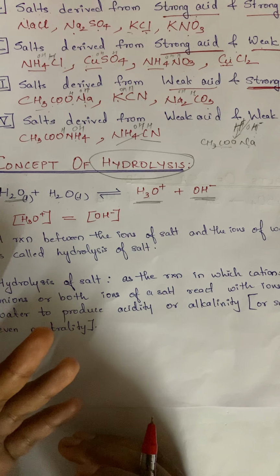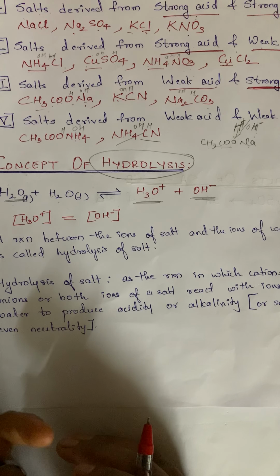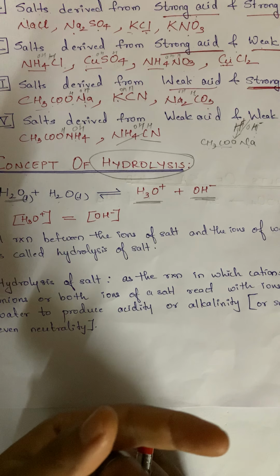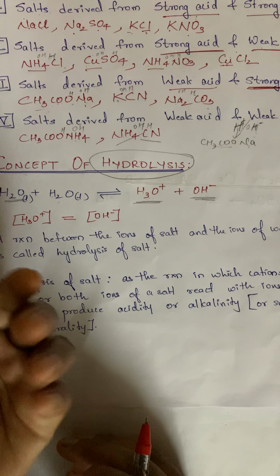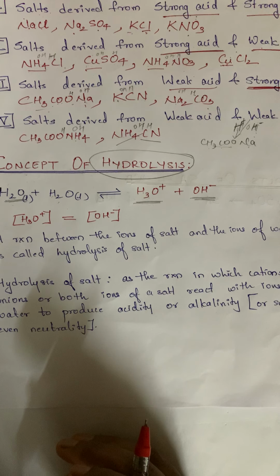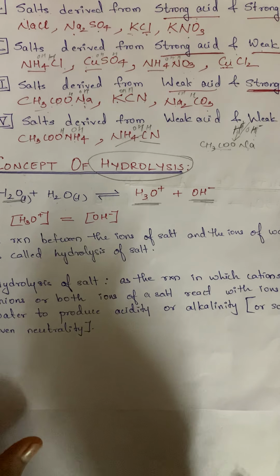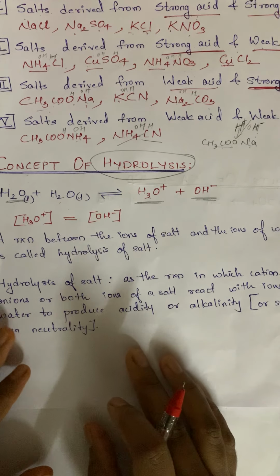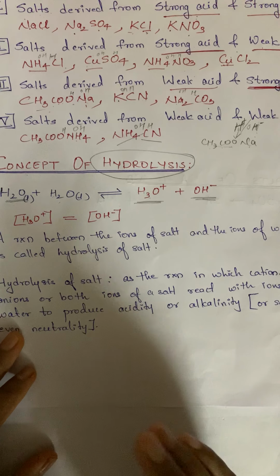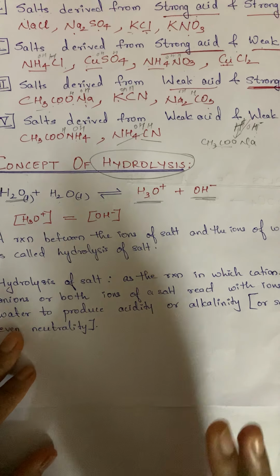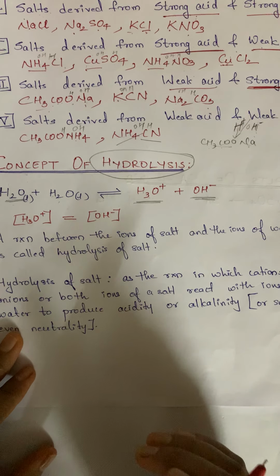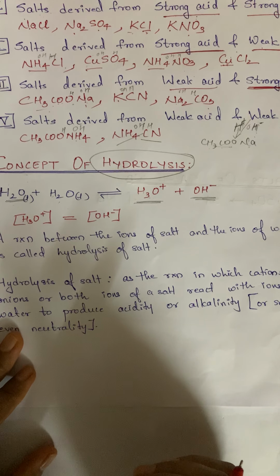What will happen when a salt is added? Salt means it will have a positive species and a negative species. For example, if it is NaCl, Na plus is referred to as the cation, Cl minus is referred to as the anion. So in general, whenever a salt is added, there will be generation of cations and anions in water. As a result, sometimes it will be only the cations which will be trying to react with water molecules.